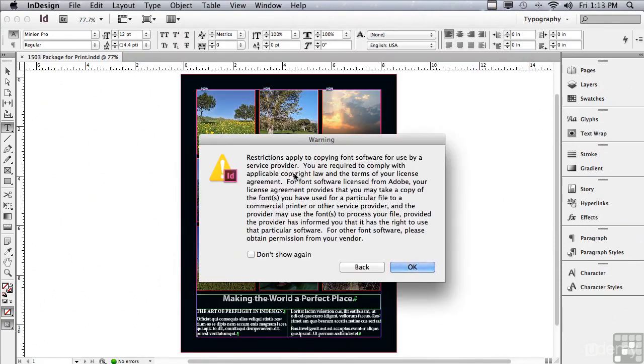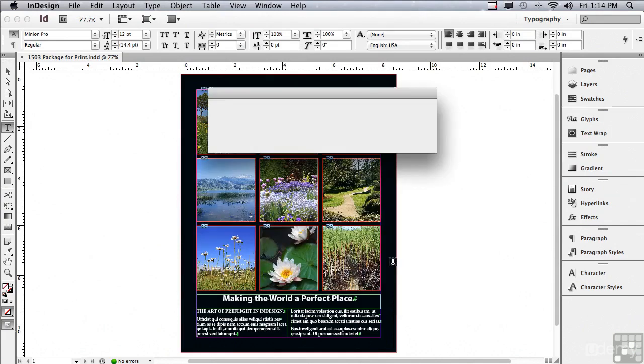And I'm going to get a warning about fonts. Basically what this is saying is it is illegal to copy fonts to a disk or send fonts to somebody who doesn't already have them. Well, if my printer already has these fonts, why do I have to send them mine? Well, mainly because they may have a different version than I have, and all of my text may reflow if they use their fonts. So it's always a good idea to include your fonts. I'm going to click OK, and now it's packaging the fonts,